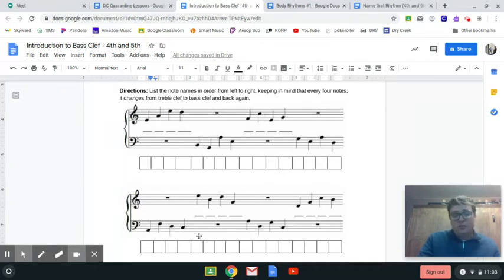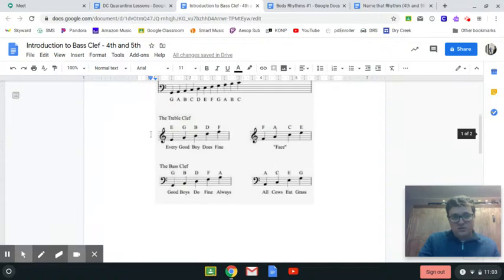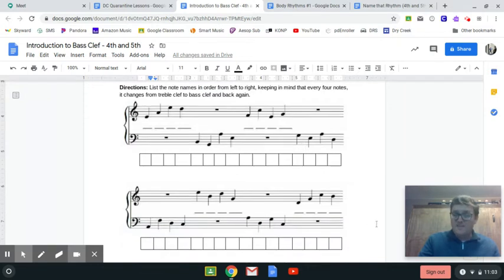And you have to do that with two different staffs. This one starts bass clef and goes back and forth. But still, it's the same process. So in this way, you have to actually use both the treble clef method and the bass clef method to do the bottom two things here. Okay? That's your first assignment. Second assignment